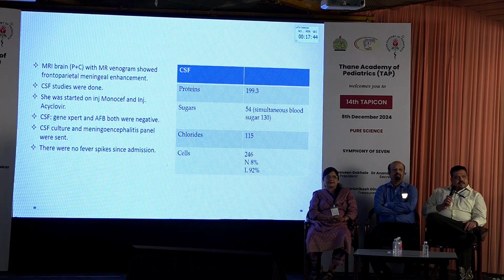Why not, old school, repeat a CSF after 48 hours and see whether the pleocytosis has worsened, the proteins are static or increasing. If they are increasing, we are bang on TB again. And considering the duration of illness, especially for a pyogenic meningitis, this is definitely a prolonged duration of illness. I agree. So I think TBM comes definitely first on the list, rather than a partially treated pyogenic meningitis.